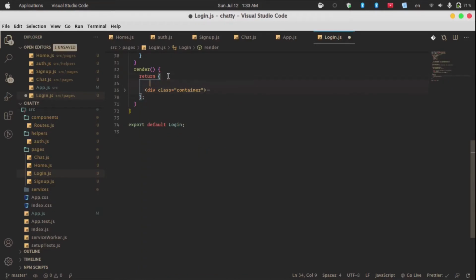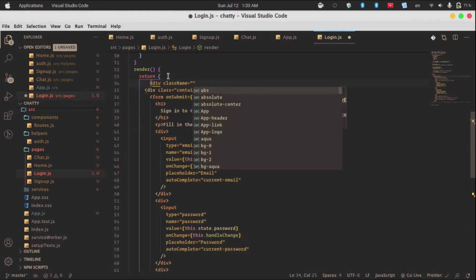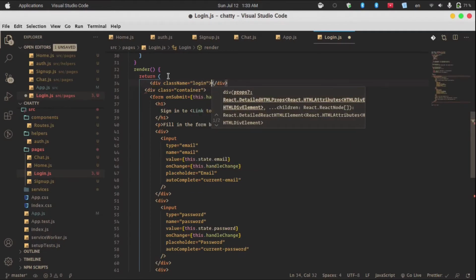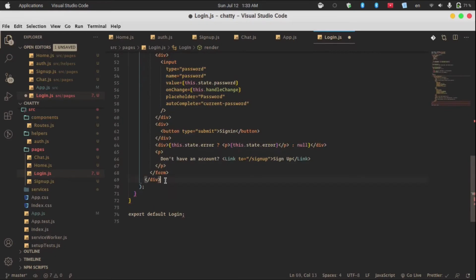So here division class name login, and cut this element and put it right here,